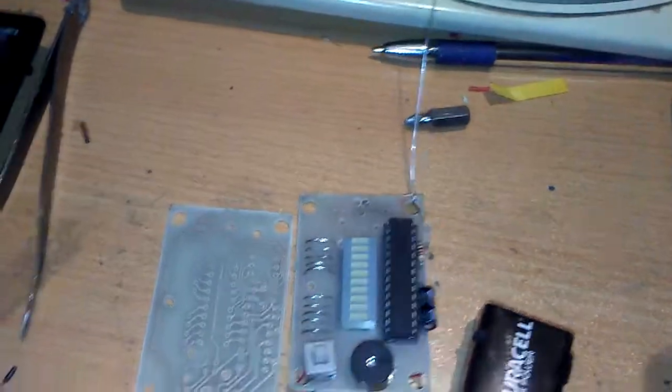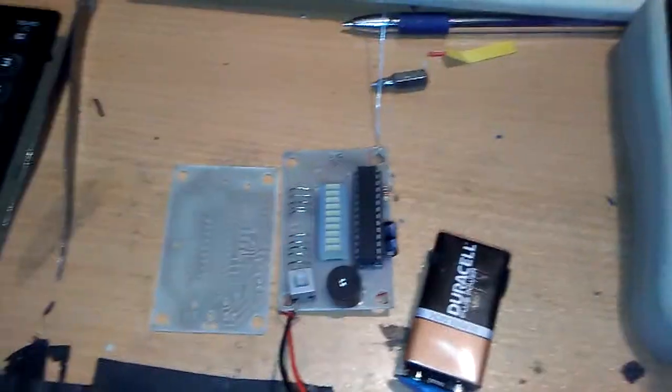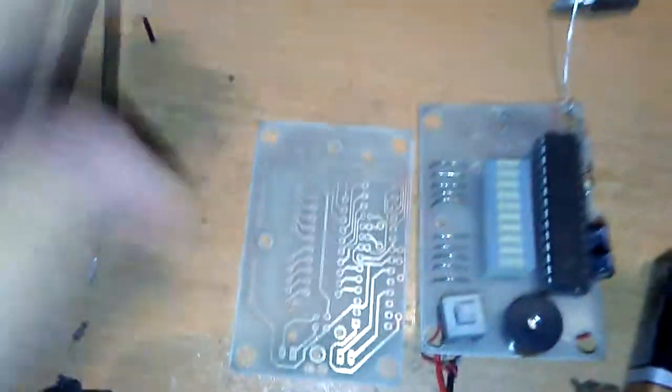This is a super simple ATmega328. It is configured as an EMF detector. You can see that I designed the